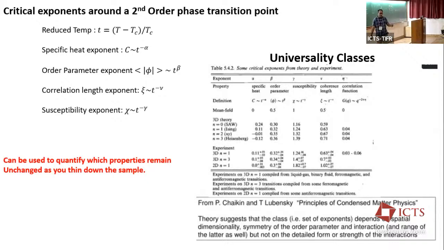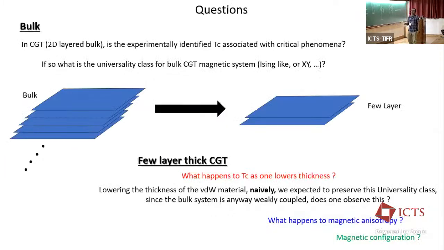inside the system. So our attempt was to measure before we actually make a very thin device and study it, we wanted to see does it remain the same when you go from the bulk to the thin 2D layer. And our basic philosophy would be to measure these critical exponents as we thin it down. So the basic question that we started off with is that you have a critical transition temperature in the bulk